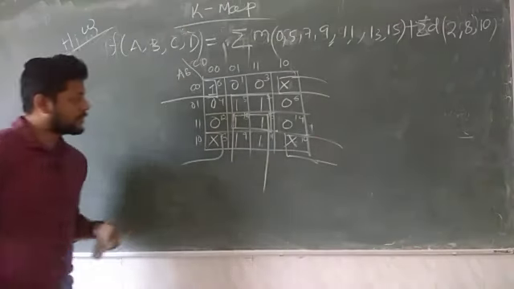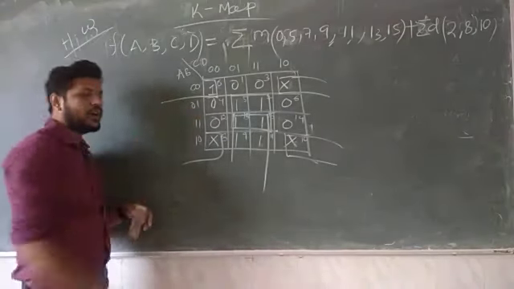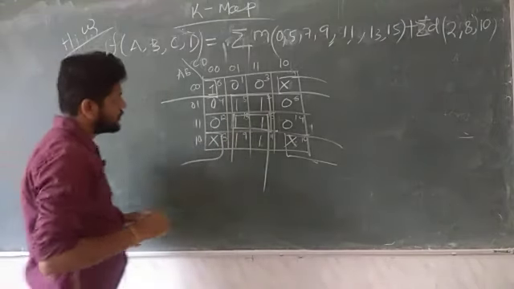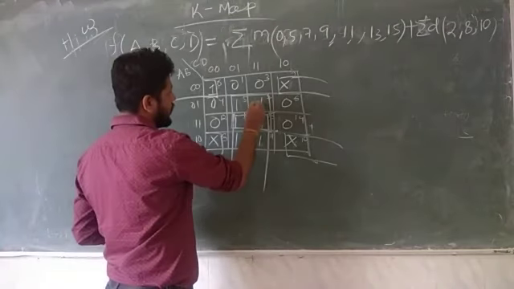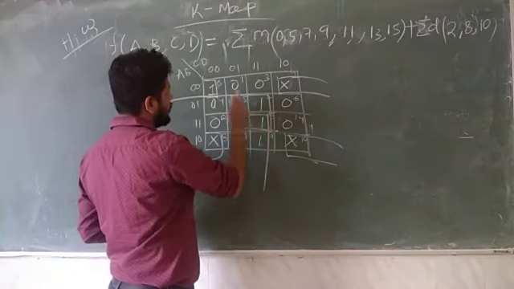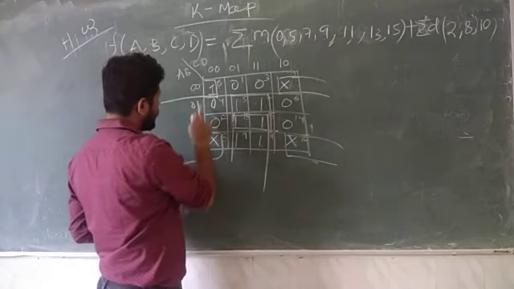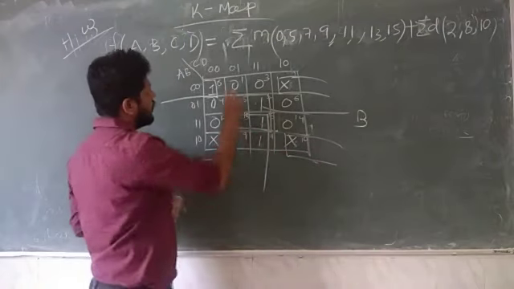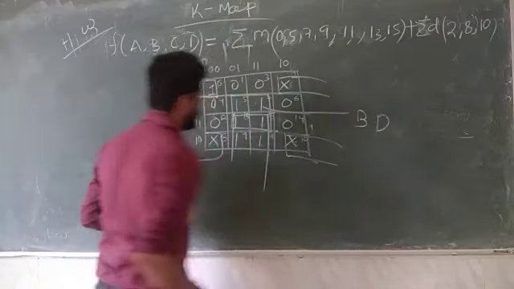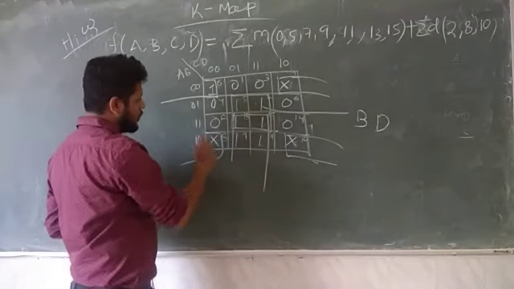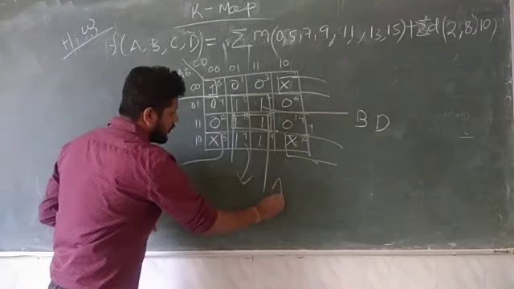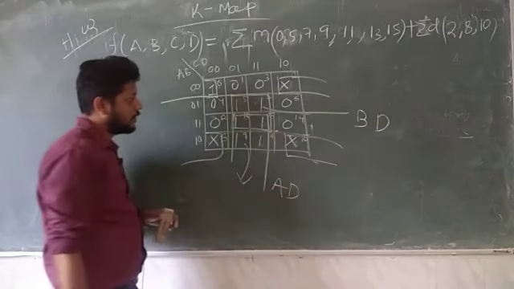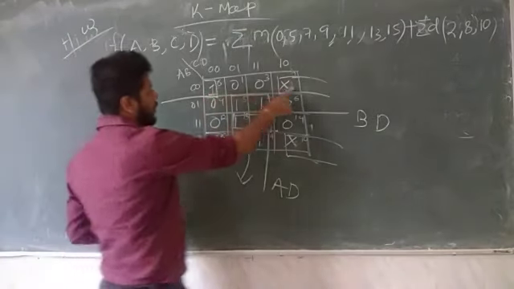So I am taking this don't care and combining it with the 1, so this don't care is also 1. A don't care can be either 0 or 1. So the answer will be, first you need to write for this middle group 1, 1, 1, 1. Here this 1 is constant, so the answer will be B and D. B and D. Then we have 1, 1, 1, 1. Here A will be constant for this cell. A and 1, 1, AD. So BD, AD.